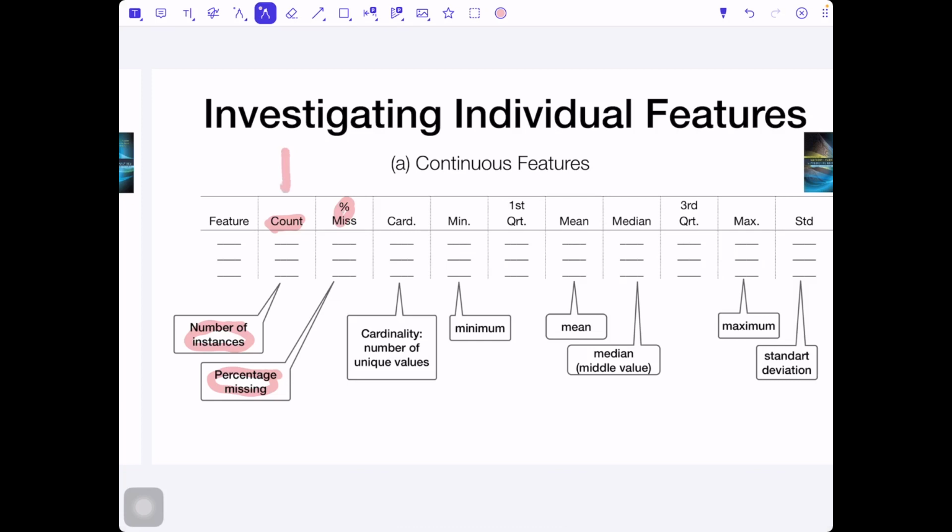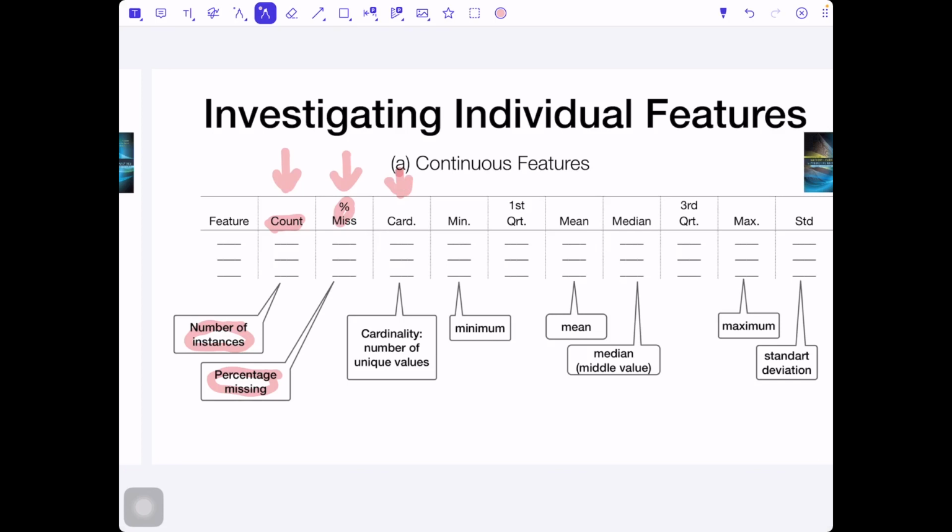What can we say about this feature? How many instances we have: say 500 instances, we noted the age for 500 animals. Then from these 500 animals, we forgot to add the age for 2 or 3 animals. So how many are missing?